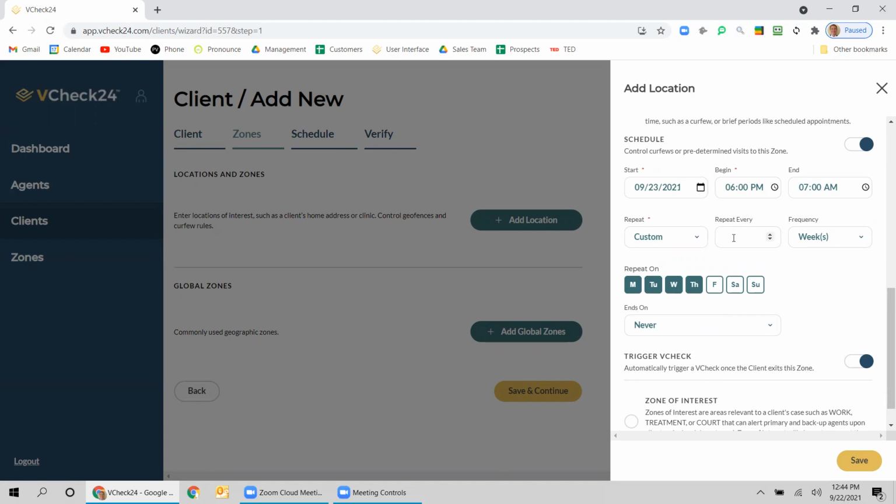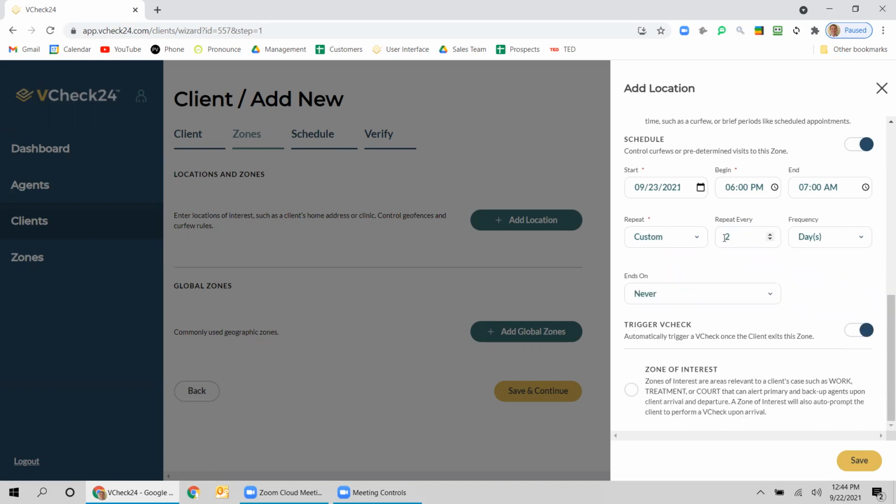Right here, you also have the option, if you want to put a 2 right here, this zone would be active every other week. You can also have it be active every other day, every other month, or right here, every 3 months if you'd like. You can have this zone last forever, or end on a specific date, or after a certain number